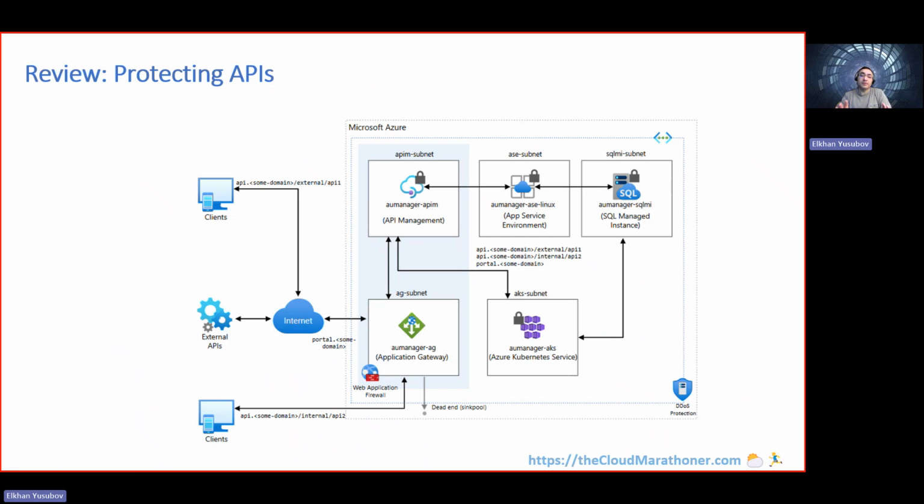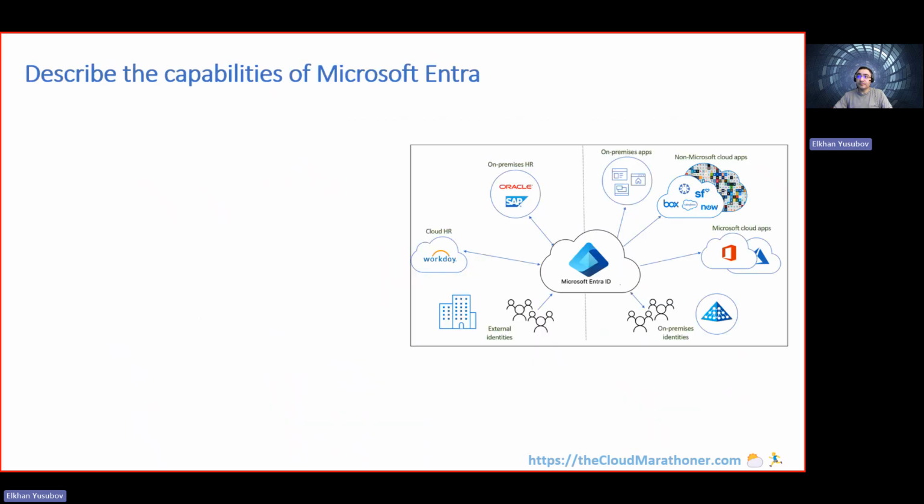Again, in this diagram, focus more on how it is protected. There are layers of protection from software. There are layers of protection from the networking. In this case, we have the virtual network and its services like application gateway, and then we have the DDoS protection service. So this gives you some idea that when we talk about security, it's not just one component, but several components and several layers that we need to think about in advance when we talk about production systems.